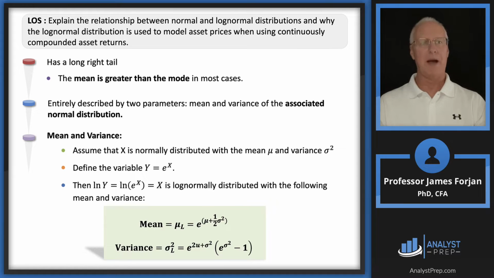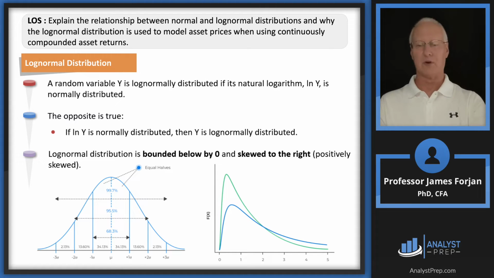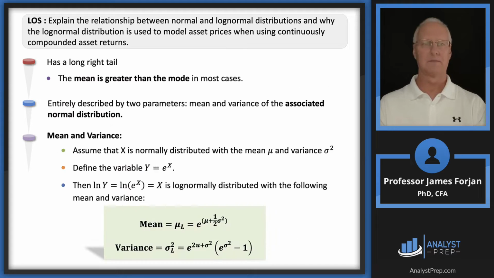Now, a couple of other things about this log normal distribution. Its mean is probably going to be greater than the mode. Let me go back. If you draw a dotted line from that top point of the mountain, that would be the mean. The mode is probably going to be somewhere to the left of it. Now, here's the really cool thing about stock returns and stock prices, normal distribution, log normal distribution. Look at that second bullet point. Both distributions, whether normal or log normal, can be fully described by just the mean and the variance